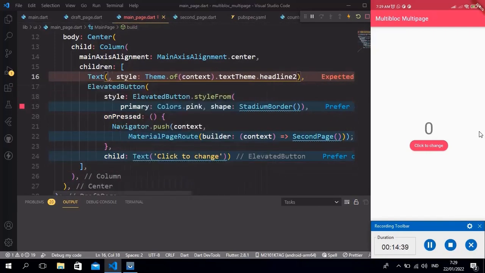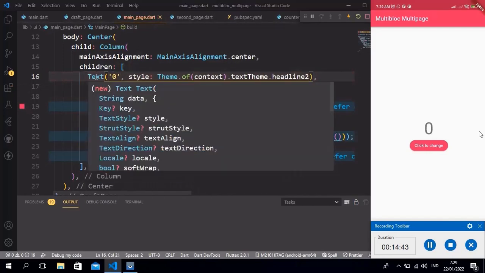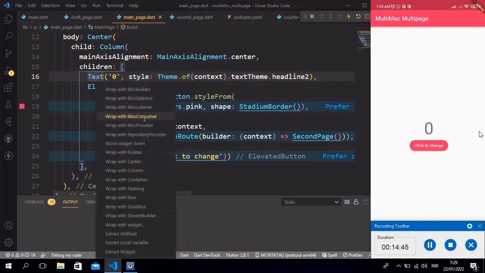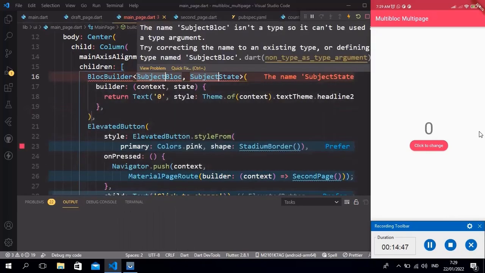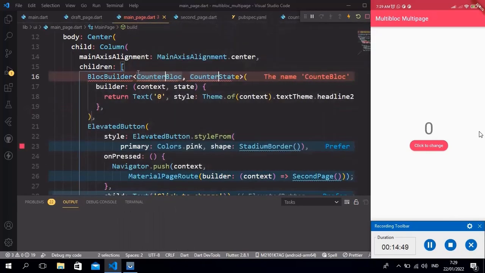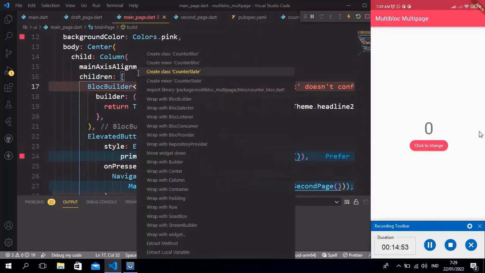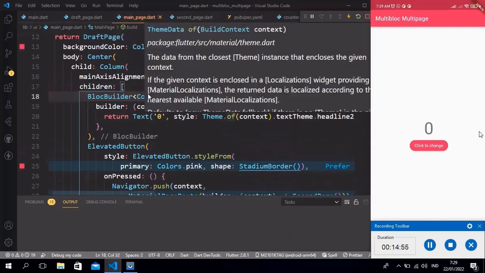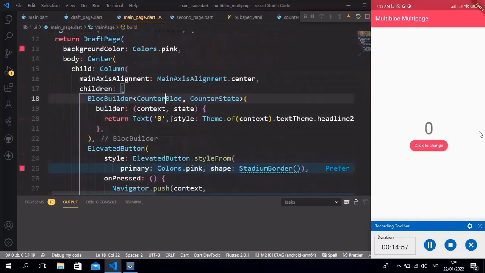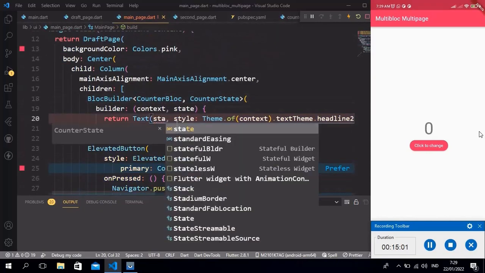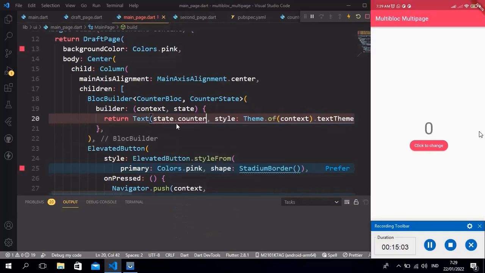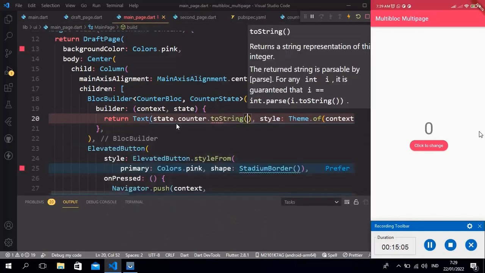In the main page, we also need to replace static text with dynamic state. The way is we wrap it with BlocBuilder of CounterBloc and CounterState. We replace static text with state.counter.toString in the main page.